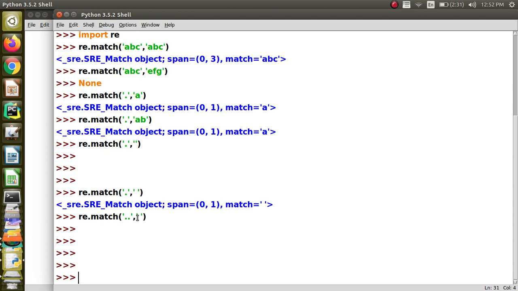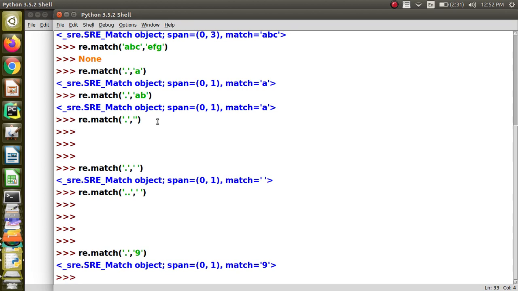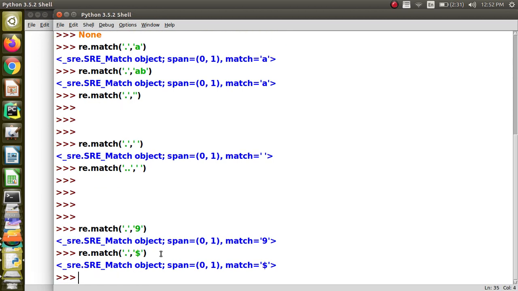Dot represents one character and it will match with any character. It can be a number, 9, then also it will match, or a special character, because dot matches everything.